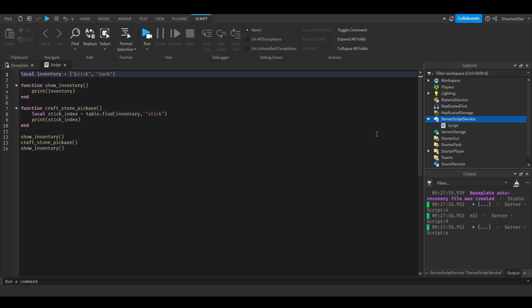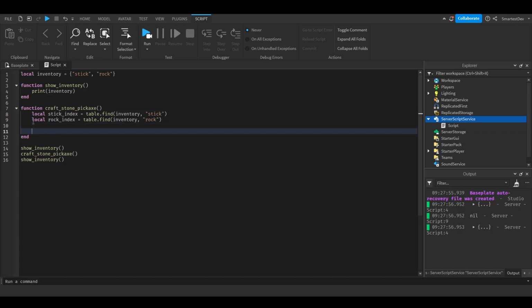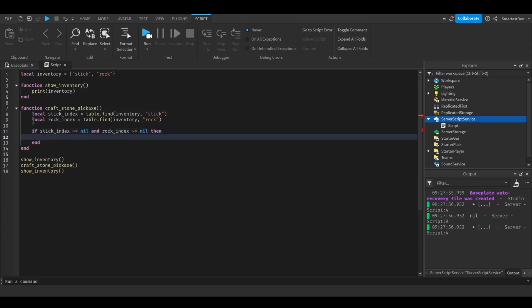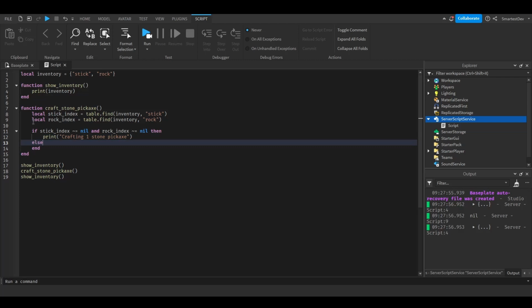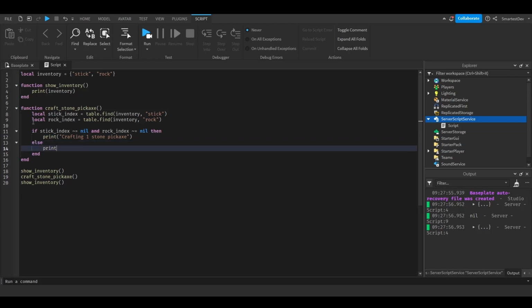Okay, I'll just add the stick. Alright. So now we can just get the stick index and also the rock index. So table.find, inventory, and rock. Okay. So now to check if the player actually has them, we'll just use a conditional, right? So if stick index is not nil and the rock index is not nil, then we would craft a stone pickaxe. But if it lacks either of these elements, we will just print player has